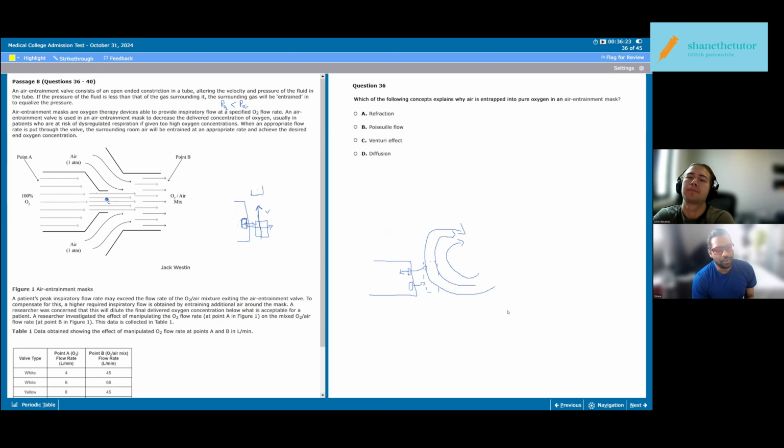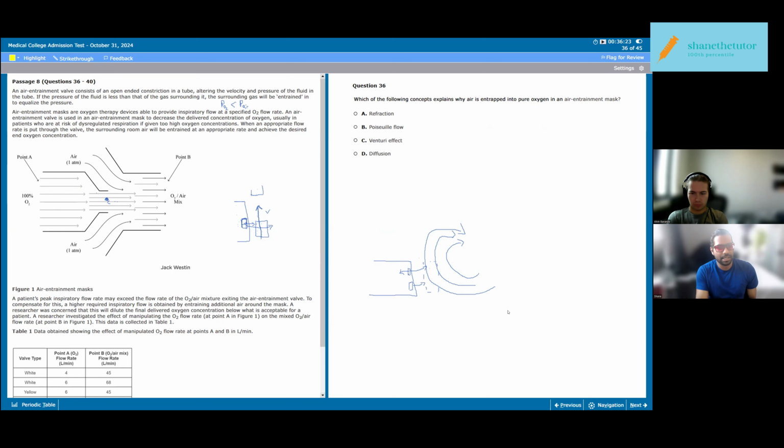So you want to think about the fact that the higher the velocity of whatever air or fluid, it leaves behind a lower pressure region,